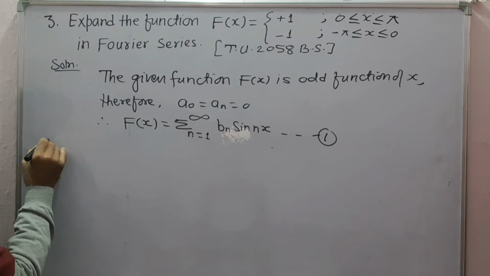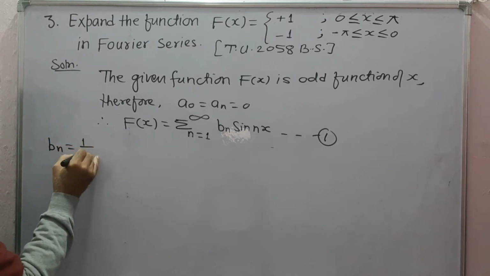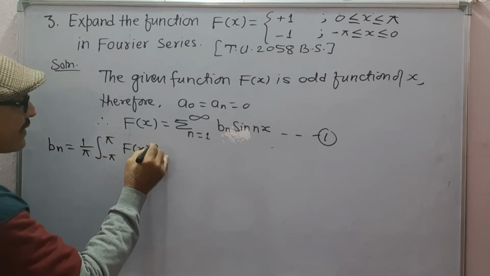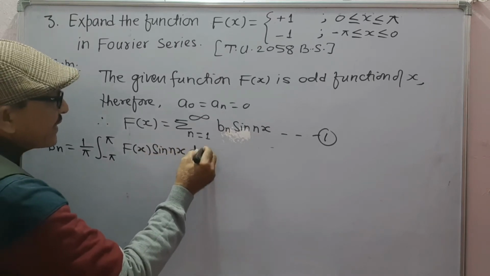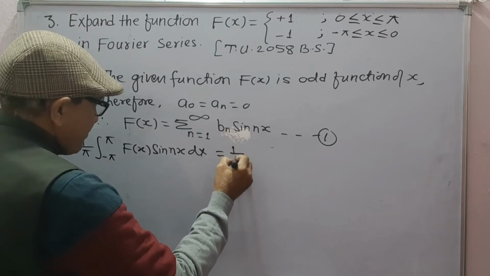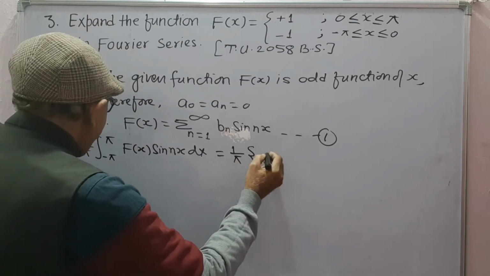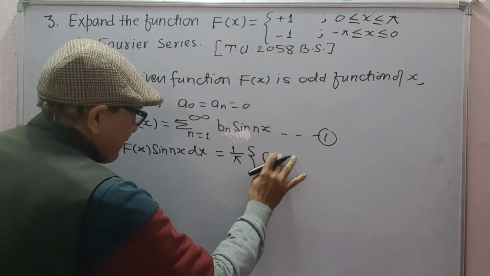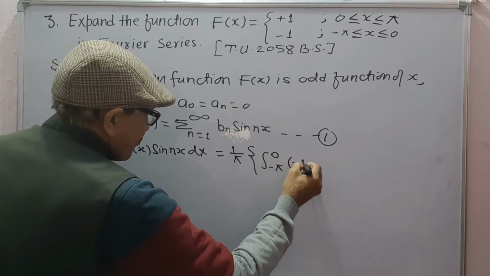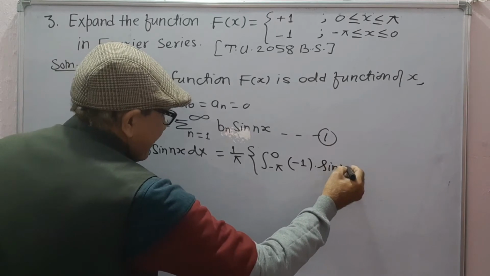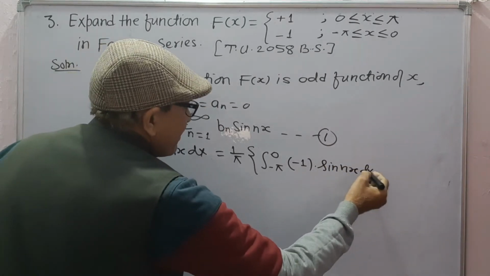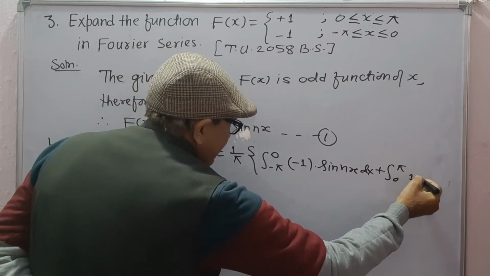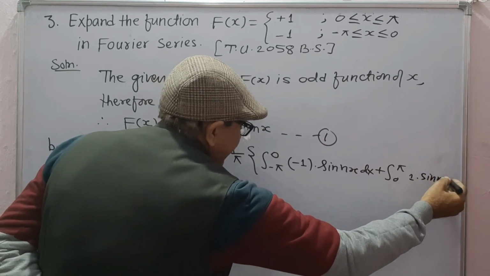Now bn will be equal to 1 upon pi, integral from minus pi to pi of f(x) sin nx dx, which can be written as 1 upon pi, integral from minus pi to 0, f(x) is minus 1 into sin nx dx, plus integral from 0 to pi, f(x) is 1 into sin nx dx,